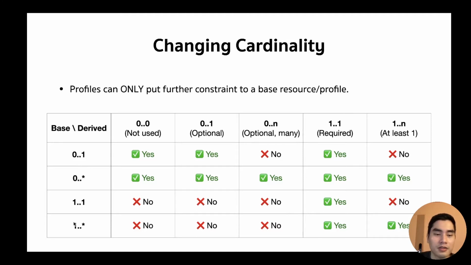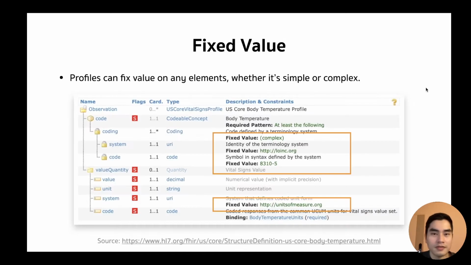And for this one, 1..many is pretty much the same, for this column. Because this one is 1..many, if you want to constrain it to 1..1, it's constraining it, so it's possible. But if you want to change to n..many, it is the same thing. How about this, 0..many? Yes, basically this one is the most flexible and you can change it to anything, right? Because no matter what you do, it will constrain it. Okay.